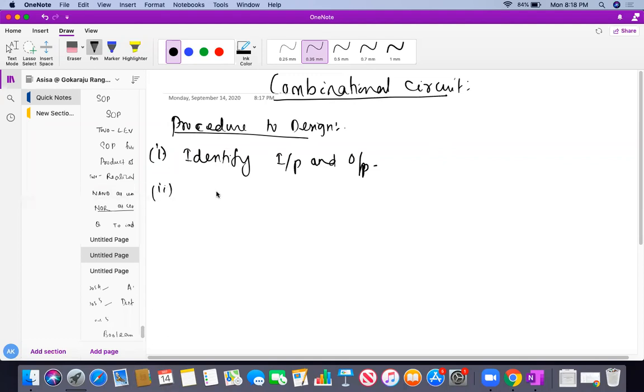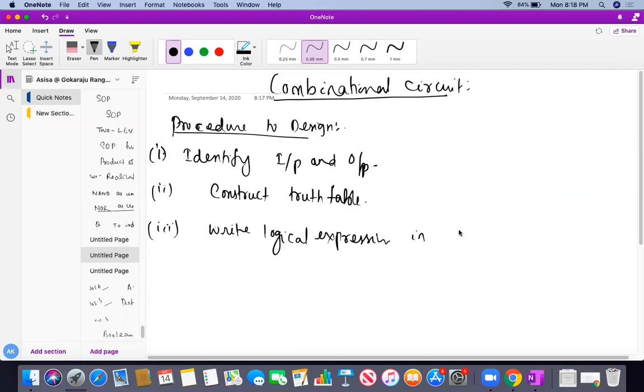The second step is to construct the truth table. By knowing the behavior of the circuit to be designed, we can construct the truth table. Once we construct the truth table, the third step is to write the logical expression in SOP or POS form.